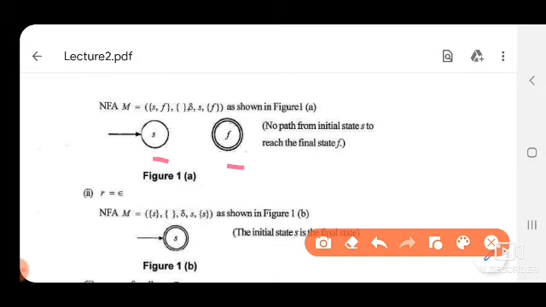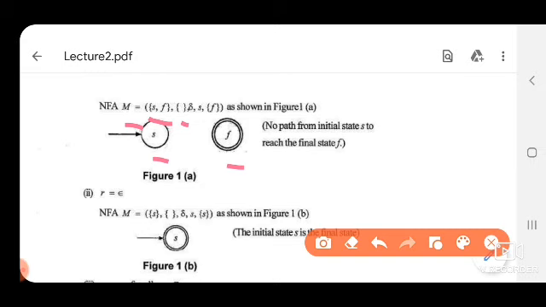Okay, if we mathematically model this NFA, M is a DFA or NFA where capital Q, the set of states, has only S and F, two states, and sigma, that is the collection of symbols, is empty because there is no need of any symbol.